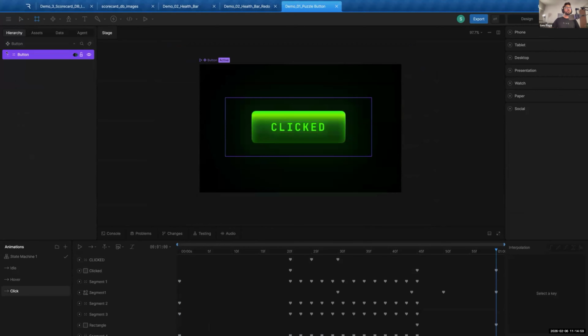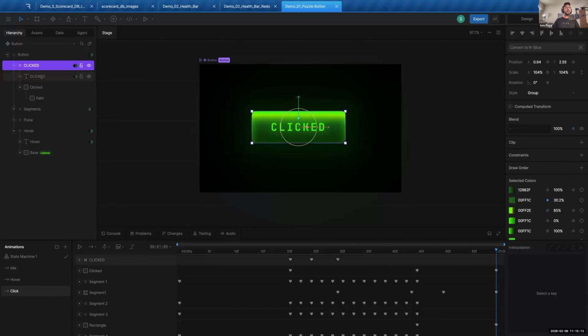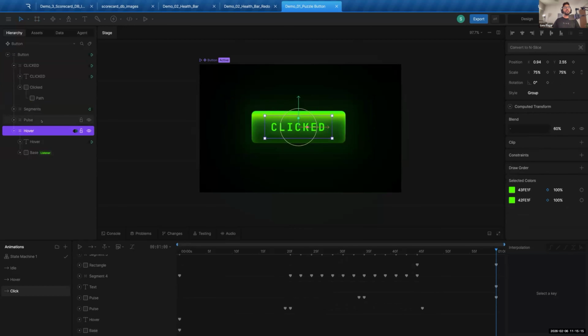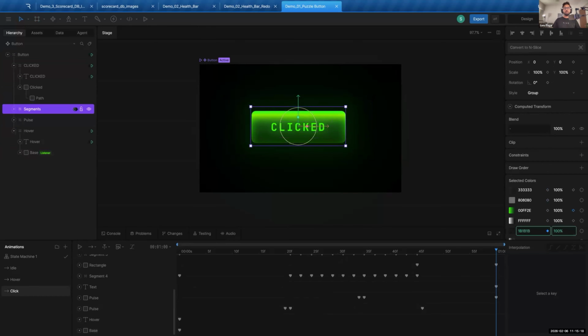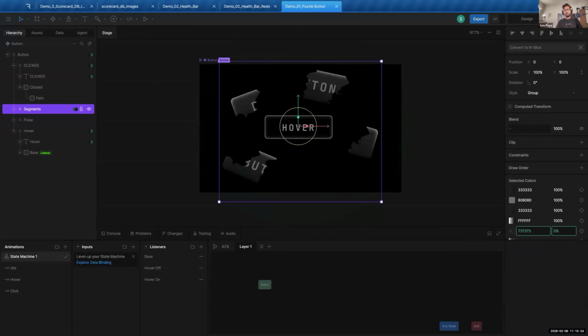So just to give you a brief overview, people who use Figma and After Effects might find this very familiar. This is where you have your design layers, and on the bottom you have the keyframe editor like you use in After Effects. It's literally the combination of these two tools. So the state machine, just to describe it a bit,